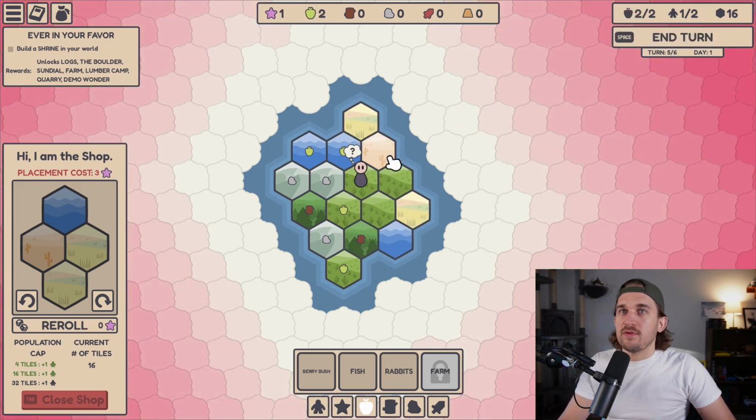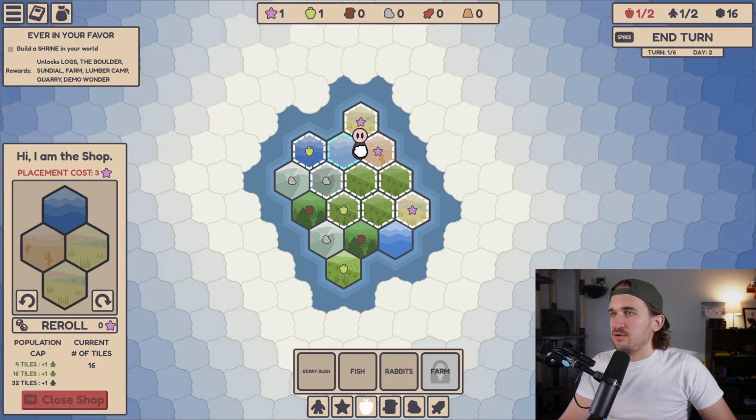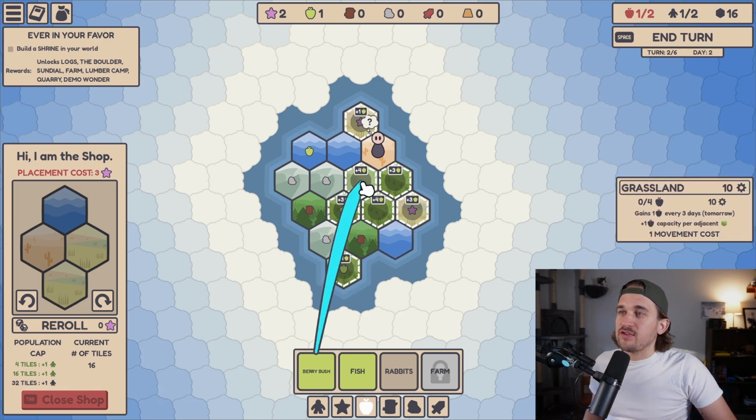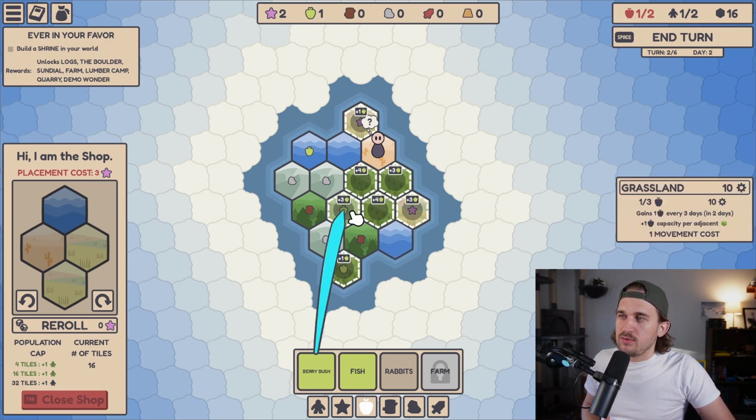So we need to get 2 food for this end of the turn. We'll grab more food here. End turn, grab another favor, and now we can play the Berry Bush. You can see now this is a +4 because it has 1 for default, and then it's adjacent to 1, 2, 3